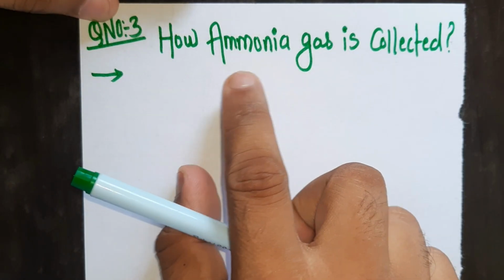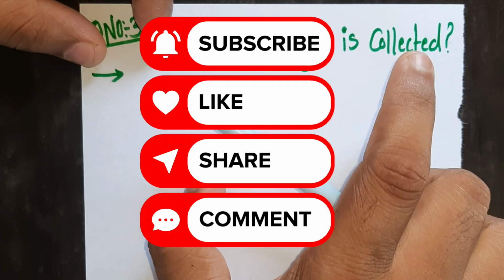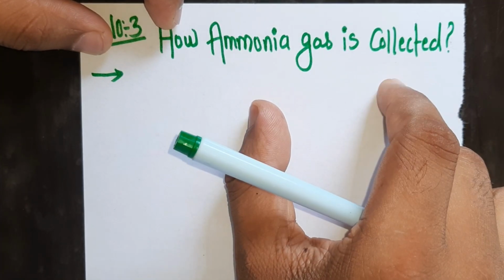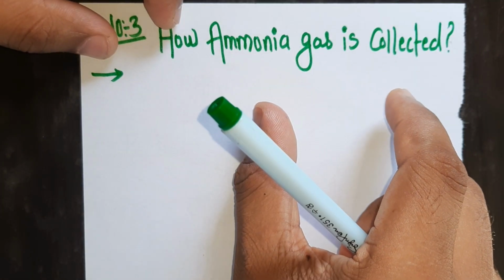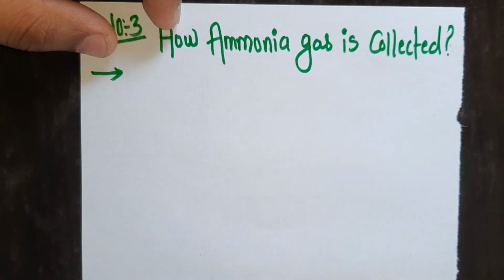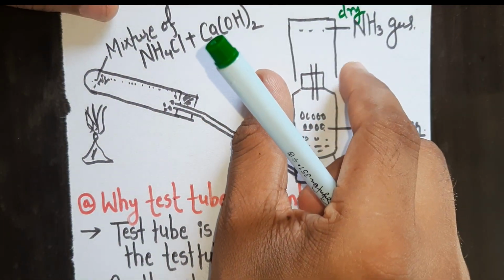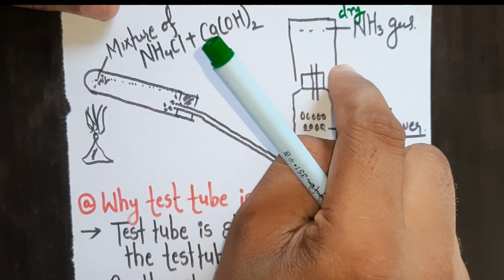Okay, let's see what is the next question here. How is ammonia gas collected? Ammonia gas कसरी collect गरिन्छ? Can you recall, in case of carbon dioxide gas, we use the gas jar in the erect condition. But in case of this ammonia gas, what is the condition here? The gas jar is totally inverted. यसलाई उल्टो पारेर राखेको छ. तर कार्बन डाइअक्साइडको ग्यासको केसमा त्यसलाई सुल्टो पारेर राखेको थियो.